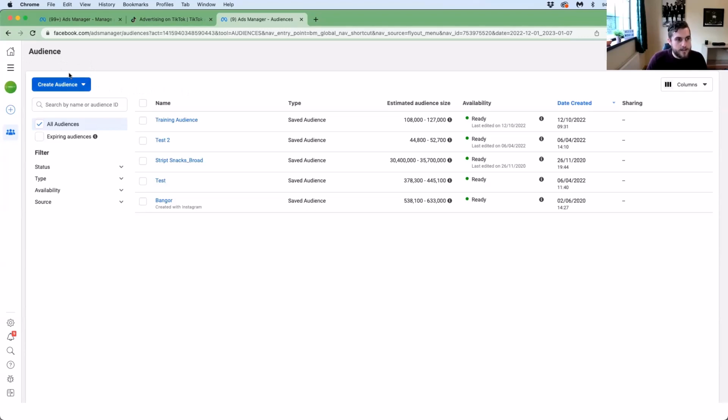So in the audience section, you want to make sure that you've created your audiences first. As I've said, you want to have an audience so that you know who to target. You don't want to go into creating your ads blind, essentially, and then just have your money wasted showing ads to the wrong people. Okay, so to do this, we can click on create an audience, create a custom audience,